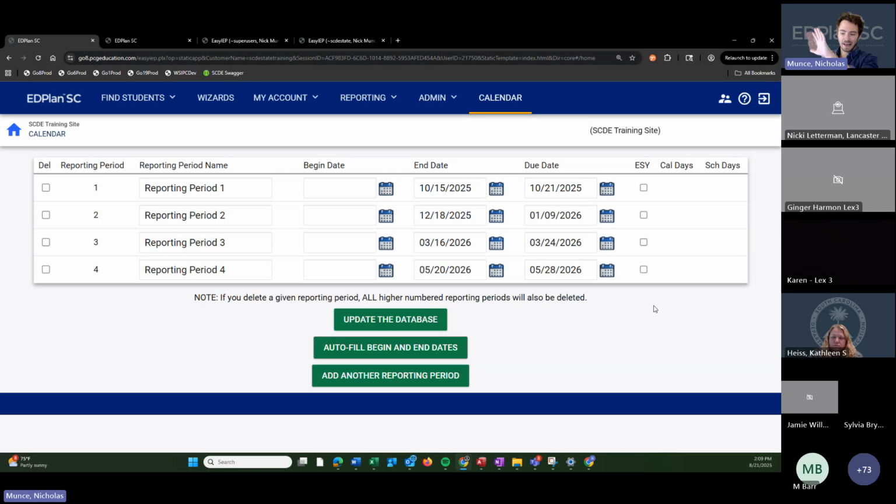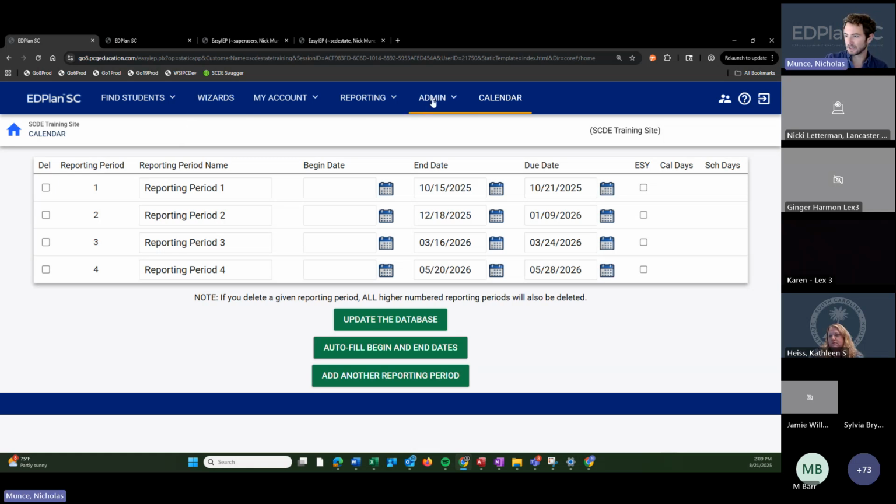But if you go into the calendar, another way you can tell is that it will say your district name. That is telling you you're doing the district or the global reporting periods. What I'm about to show you are the school level ones. So if you just set this and every single one of your schools in the district uses the same reporting periods, you're done. But if you need to make local changes for a certain school, that's what I'm going to show you next.